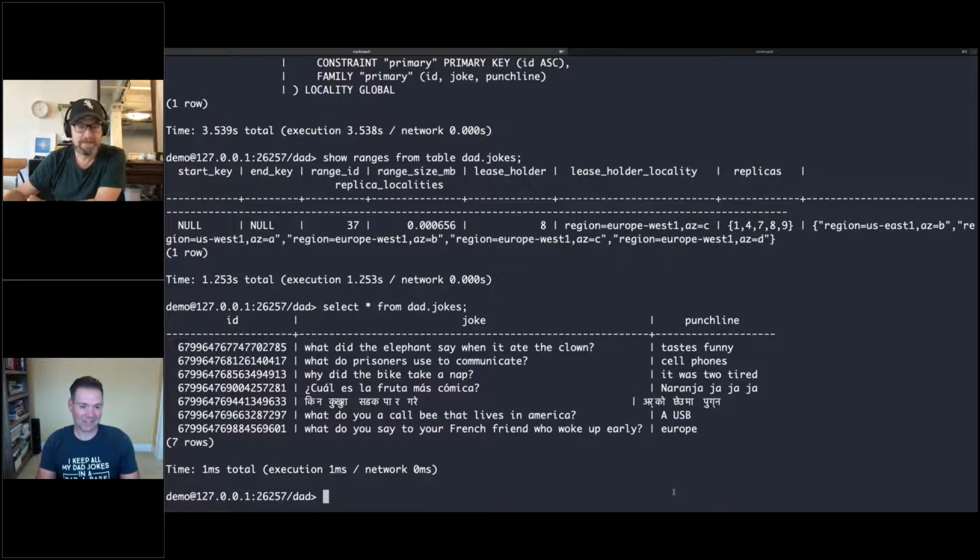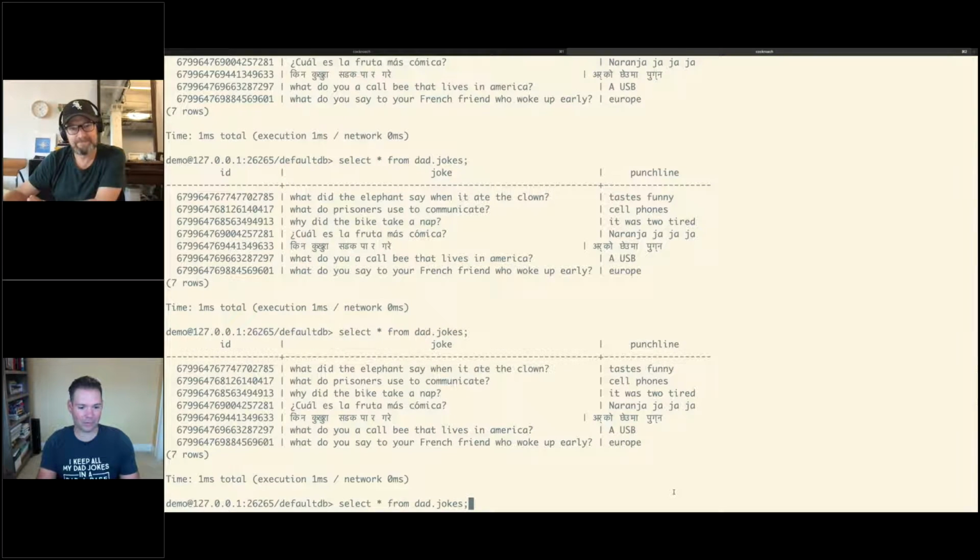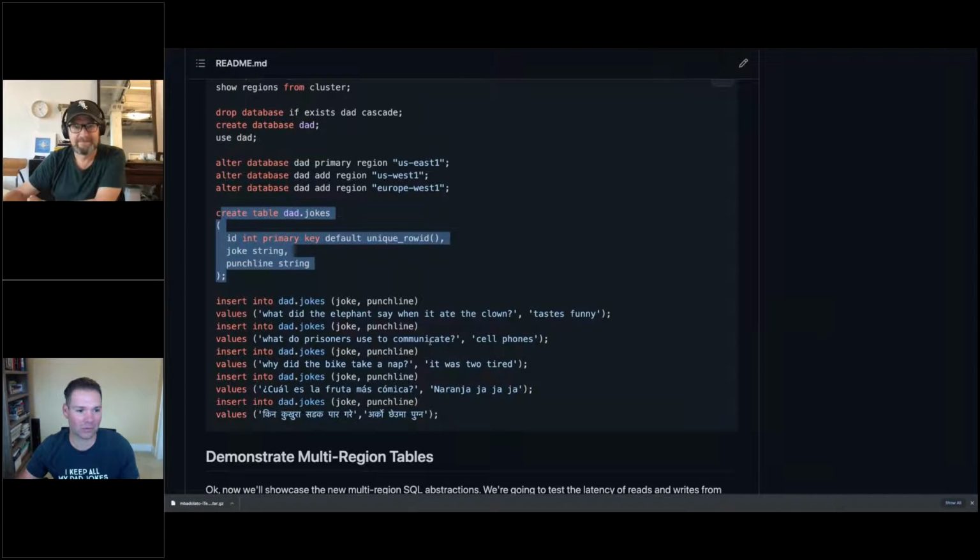All right, so now you can see that I have fast, snappy reads within East, and then let's see if I can get the same in Europe. And I got fast reads everywhere now. But you're probably asking, well, what does this mean on the writes? And yeah, you're definitely going to take a little bit of a penalty on the writes, but it's not terrible. And some use cases allow you to do that.